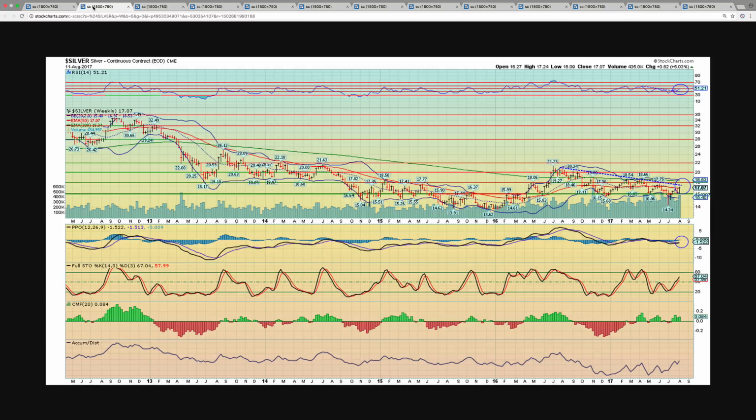Silver. Whereas gold has broken out of a consolidation period, silver has been a little bit weaker, and we see this bullish wedge pattern breaking to the upside in the coming weeks ahead. Look at the MACDs; they're starting to curl towards breaking above zero. Accumulation is starting to pick up steam, and we closed the week above the 50 on the weekly RSI, which